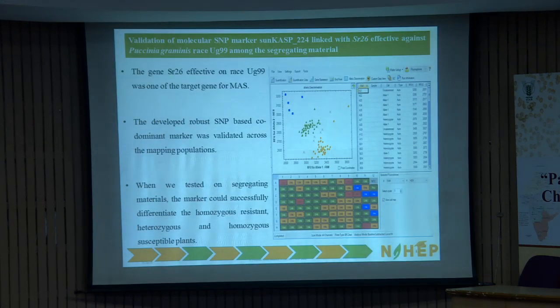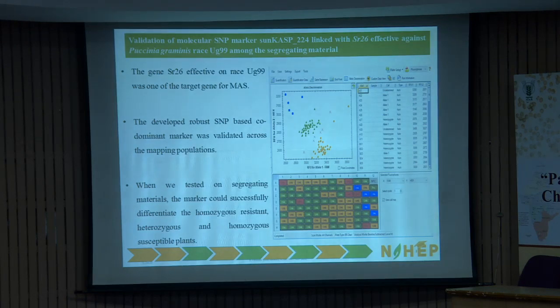So we developed a marker. What is the next step? You have to validate it. So this marker we validated across the mapping populations which have SR26 in them, which is segregating. Along with that, my project was to integrate this SR26 into Indian